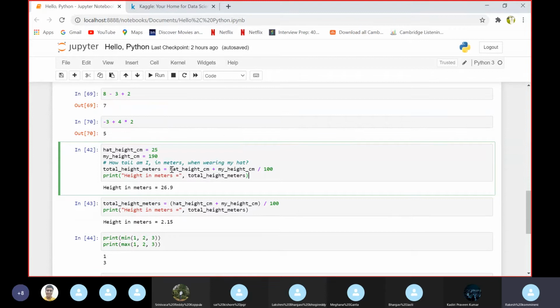Here we are not using any parentheses. Directly we are calculating the result, total_height_meters is equal to hat_height_centimeters plus my height by 100, and we are printing the result.